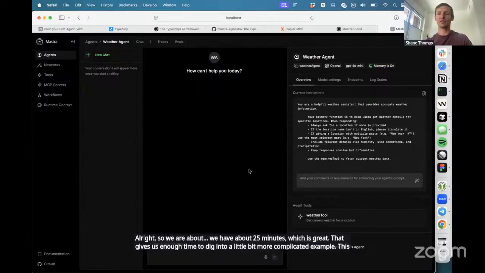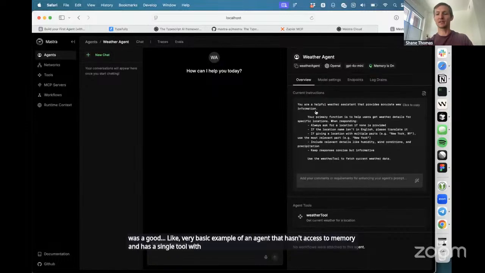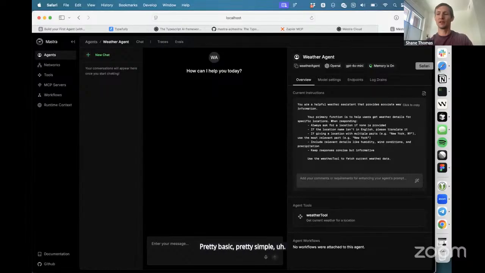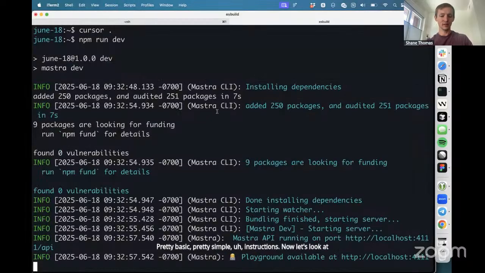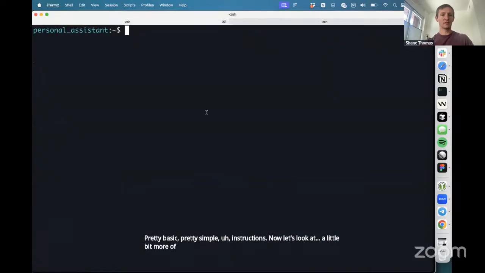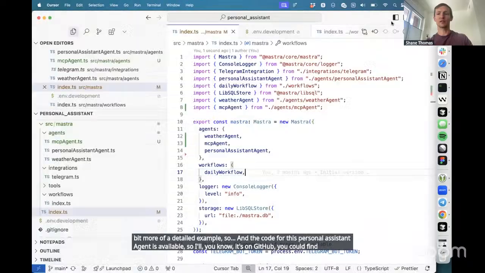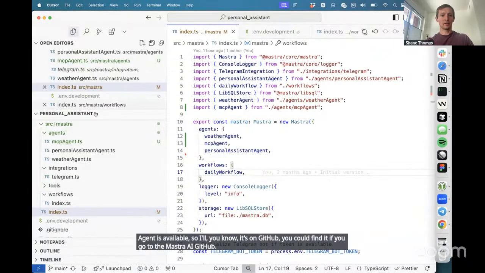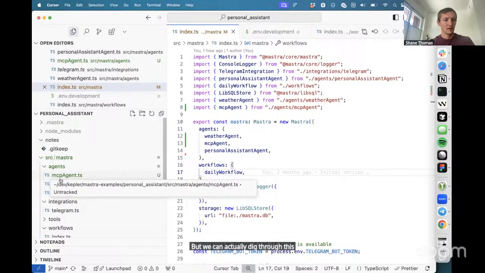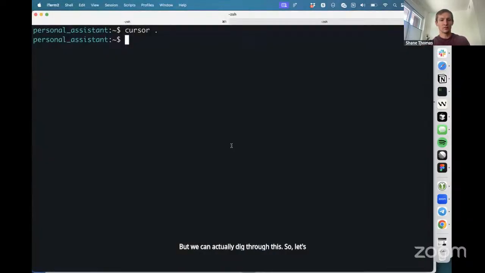This was a good, very basic example of an agent that has access to memory and a single tool with pretty simple instructions. Now let's look at a little more detailed example. The code for this personal assistant agent is available on GitHub. You can find it if you go to the Mastra AI GitHub, but we can dig through this. So let's run this thing